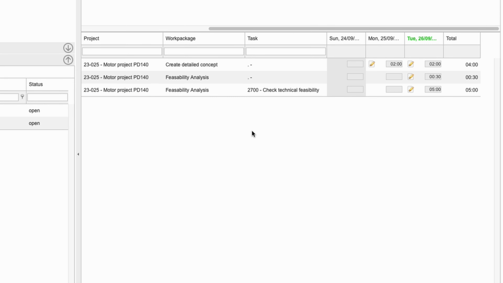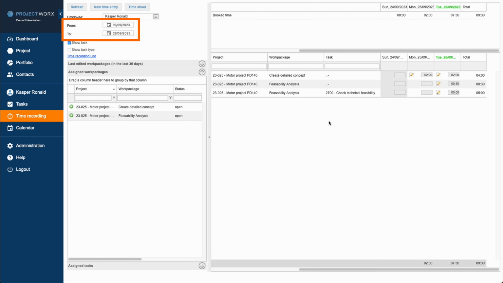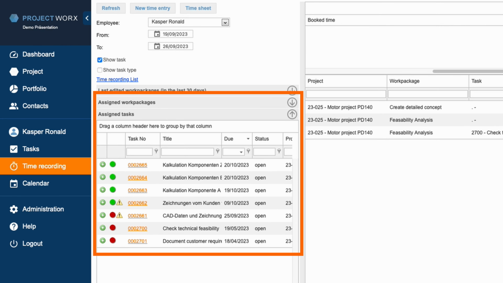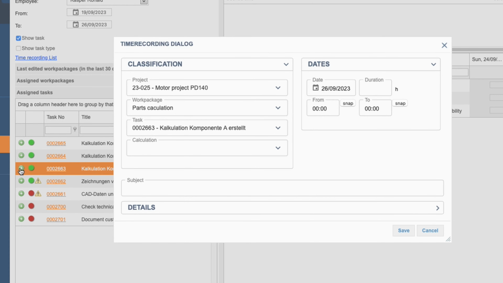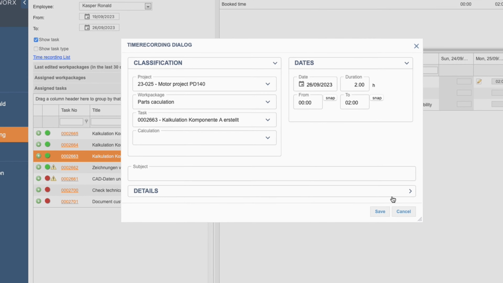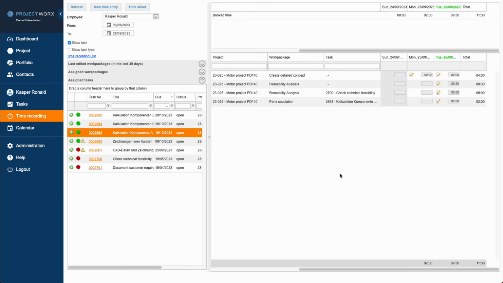In this hours list, you will only find work packages and tasks against which you have booked time during the displayed time frame. If you want to book against a new work package, not currently shown here, you can use the Assigned Tasks or Assigned Work Packages lists, as already introduced in the calendar. Using the plus symbol, you can create a time entry for it. From that point on, this work package will also be displayed in the hours list,